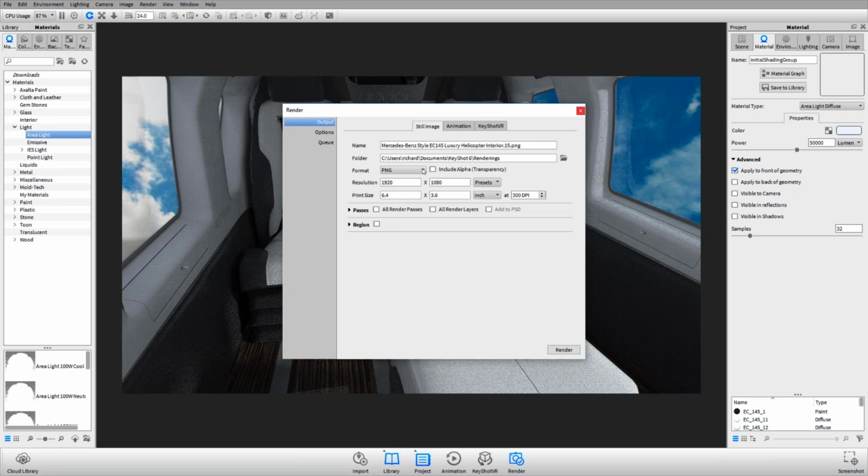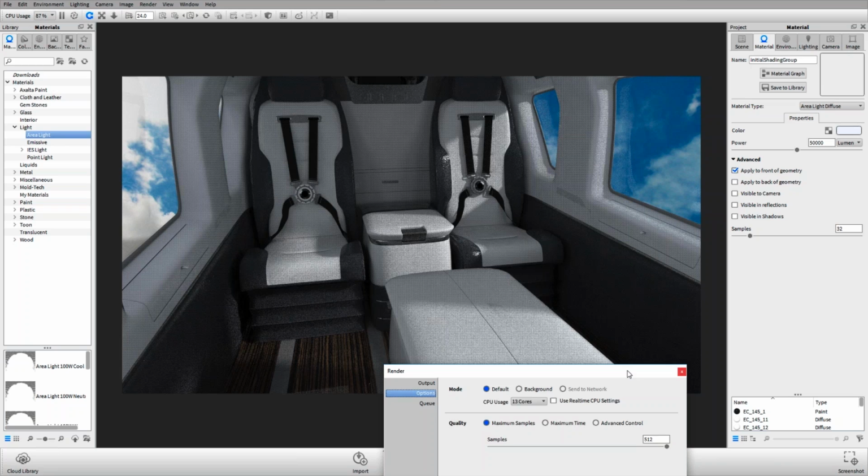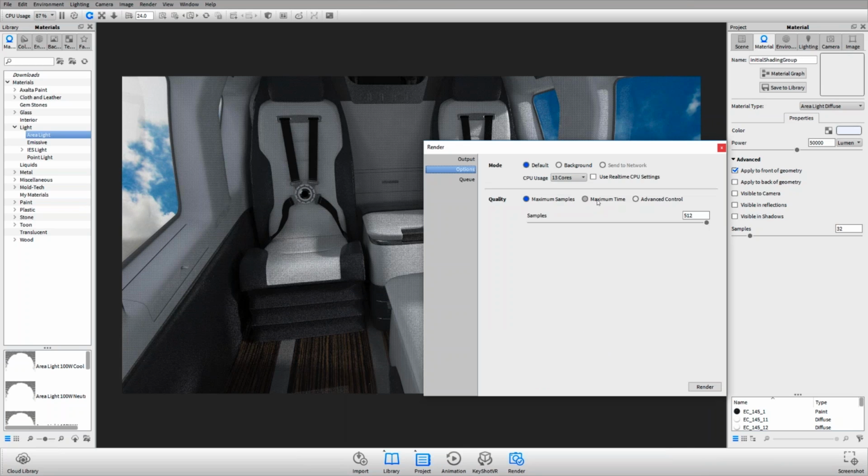Advanced control is on by default, or at least it was for a long time. That's where it works in from the squares and then moves outwards. If you use max time, this will give you a closer representation to what you see in your real-time view. So I tend to use max time more than advanced control, because if I'm happy with what I see in my real-time view here, then I can just set it to render for a longer time